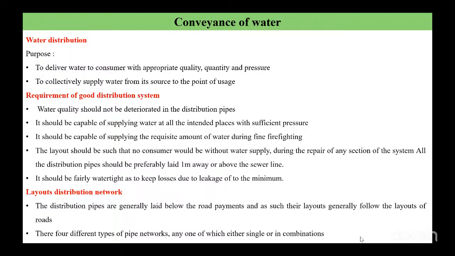Directly, we can get the water from the rivers, but it has to be of good quality and good quantity as well. And only with a huge pressure are we able to use the taps and access the water in our homes. So this is mainly due to the water distribution system properly taking care.